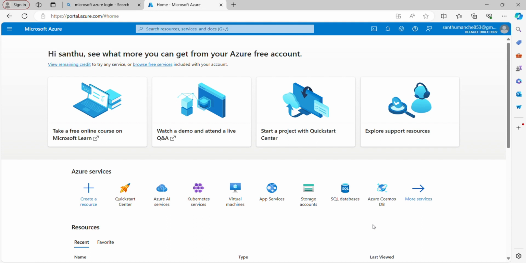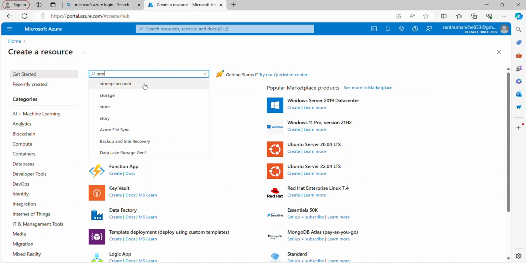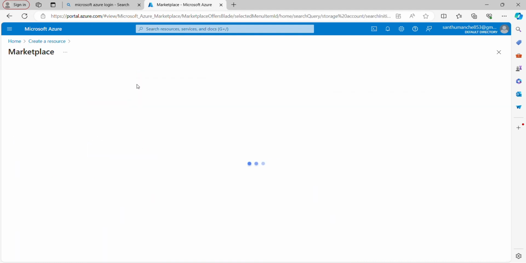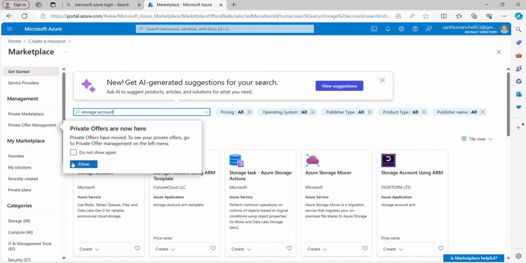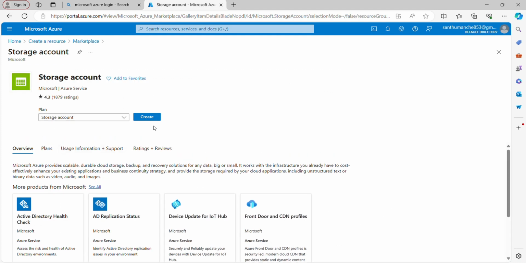Now I am going to show you how to deploy a static website using the Azure portal. This is the Azure portal. Those are the services, and first you need to click on create resource. Go to the search bar, search for storage account. We need to create a storage account. Click on storage account, click on create,